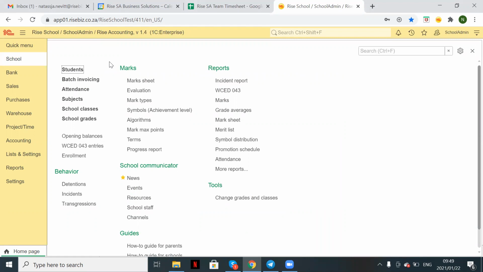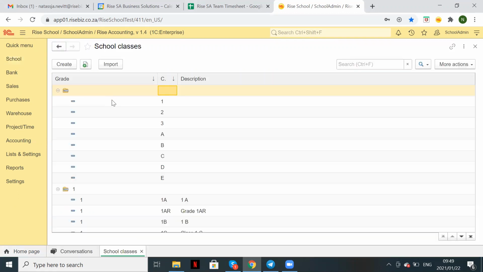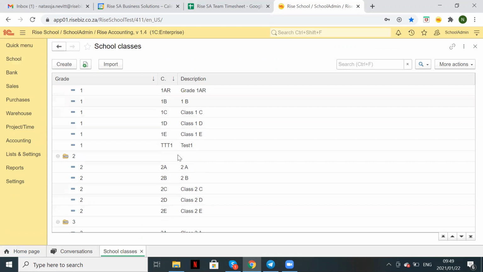I know sometimes the schools like to put the first letter of the surname of the teacher as a part of the class name. So let's say the teacher changes and now you would like to change the name of the class. We are going to go into school classes and we are going to go, for example, to grade 2B. The name of the teacher was Brenda, for example, and now the name of the teacher is